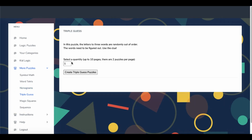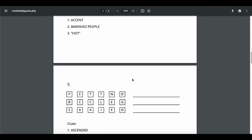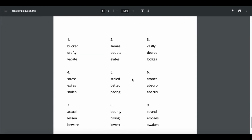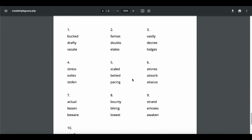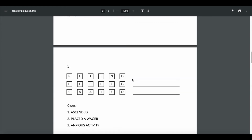And triple guess here, you just go ahead, you select the quantity up to 10 pages. There'll be 2 pages per puzzle. Create triple guess puzzles. It creates the puzzles, it creates the solutions, and they're all right here for you to scroll through and to check and to make sure that you have everything you need. Use it in this format or take the output and create your own format to create your own puzzle books